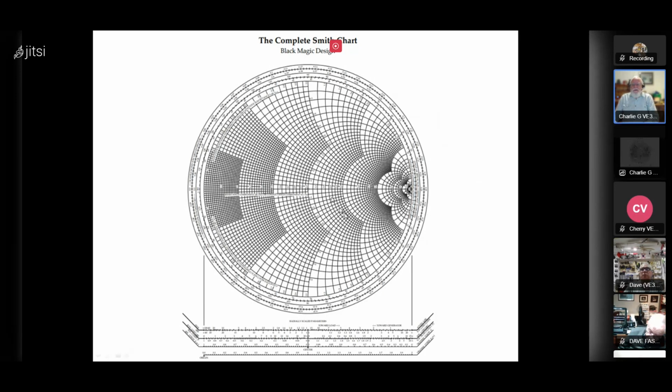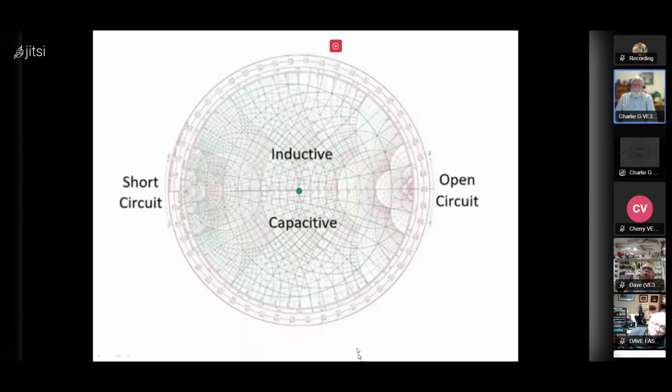Okay, so I mentioned that this is an impedance Smith chart. There's also an admittance Smith chart, which looks exactly like a mirror image of this. And occasionally, you'll see impedance and admittance Smith charts overlaid on top of each other, looking something like this. Now, this looks like it's adding considerably more confusion to the chart, but it actually helps you quite a bit when you're doing impedance matching. And the reason for that is